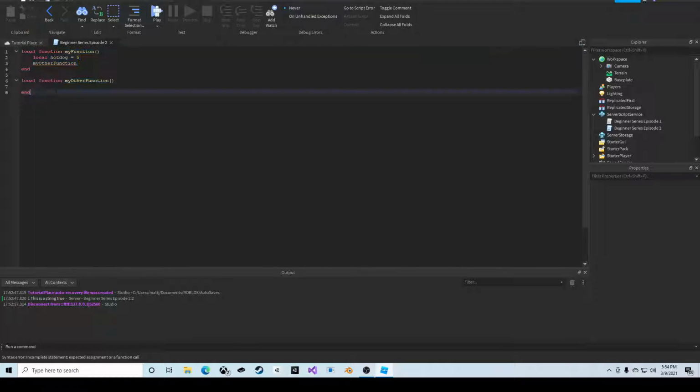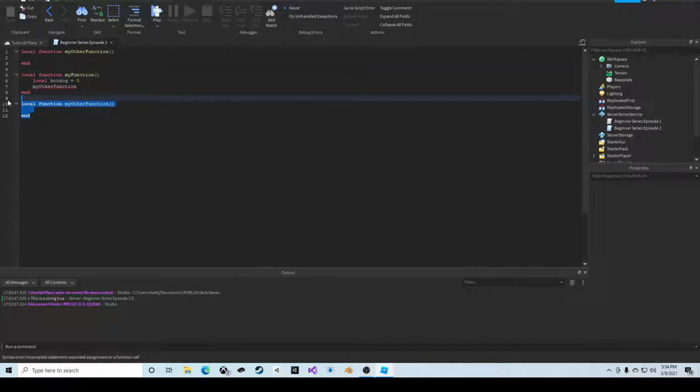We should probably have this above so that the call will work. We can call my other function, and then put hot dog as the parameter, and then we'll have hot dog here, and then we can print out hot dog, and then we'll have this trigger when the player joins, which to do that we do